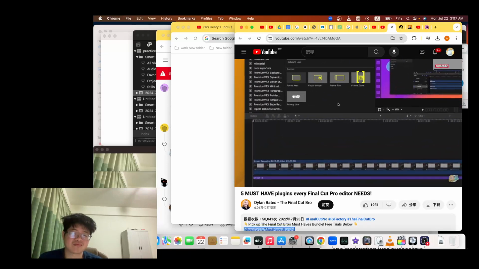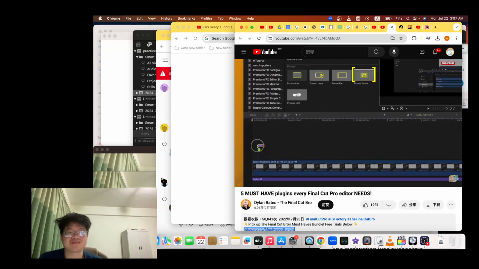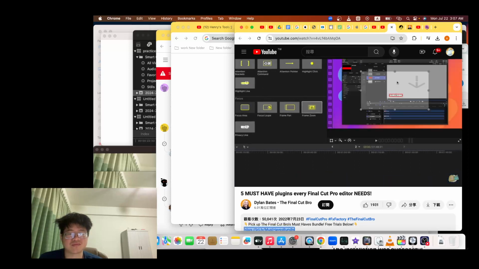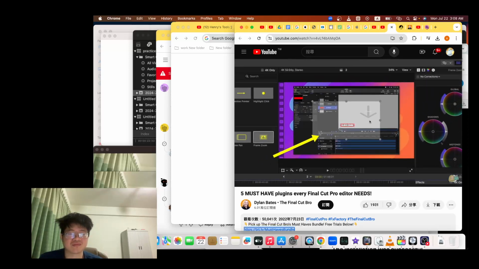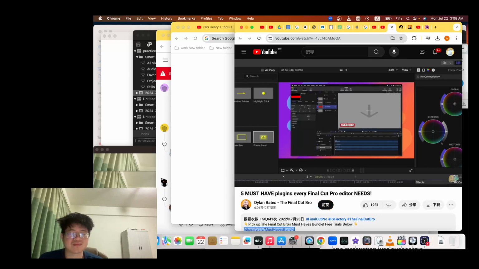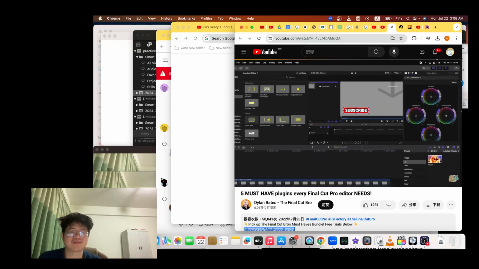The one that I use the most is Frame Zoom. I'm going to go ahead and click and drag that down onto the timeline, and you'll see that it creates this rectangle. This rectangle can be dragged around. Maybe I want to zoom in on the subscribe button here. And now if I play through, it's gonna auto animate the camera to zoom in on that